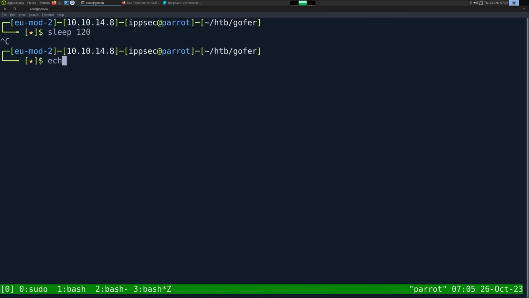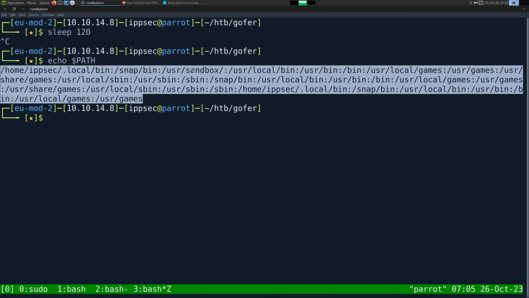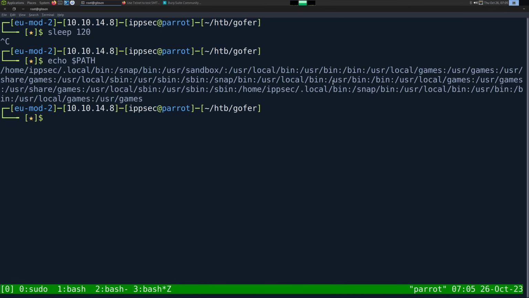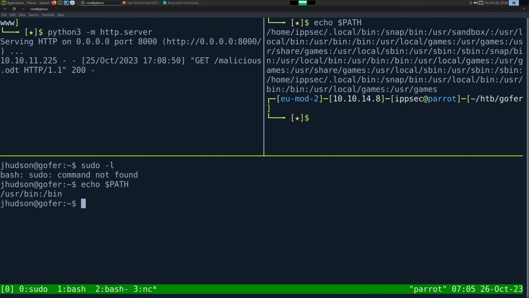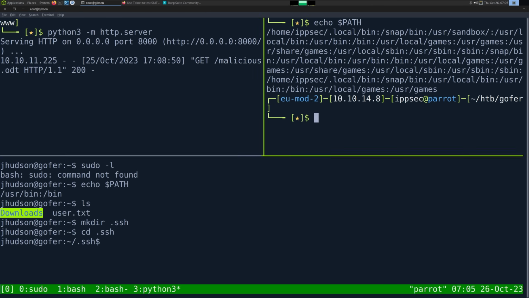So like if I echo path on my machine, we can see I have my home .local bin. Sandbox probably wouldn't be on that box. User local bin. There's like usr sbin. There's a bunch of other bin directories, right? So let's just get a proper shell. So I'm going to make dir ssh, and we'll ssh into the box just to see if that fixes up